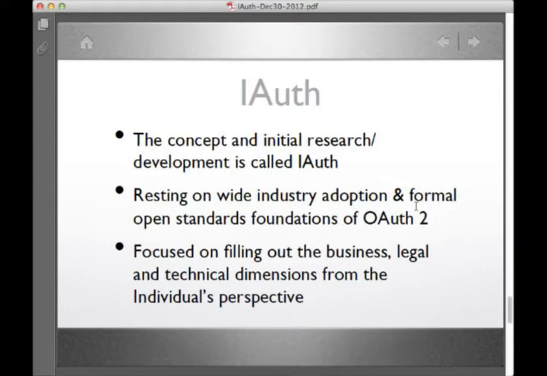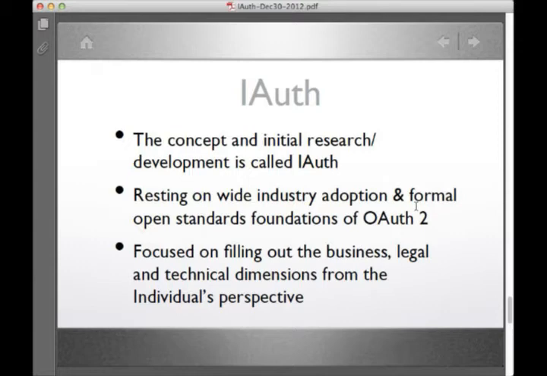But unlike the initial, shall we say, industry and developer focus of the open standard, that is OAuth, this is an individually focused and human-centered initiative looking at things from the perspective of that individual that grants authorization, that individual that owns their own data, the individual whose identity it is that a federated credential is authenticating and permitting broader reusable third-party access and login with.